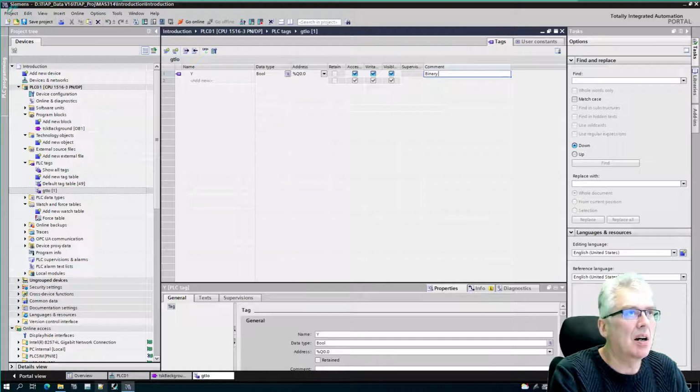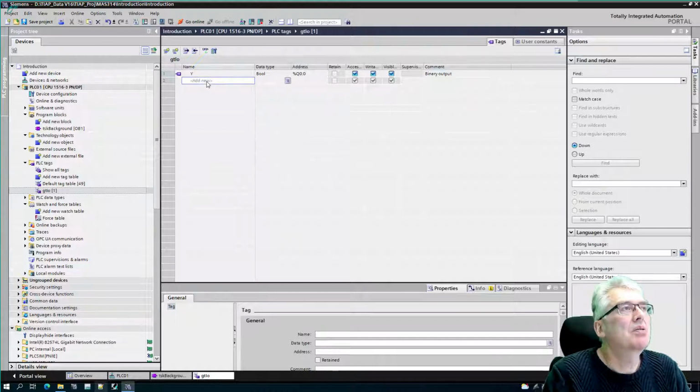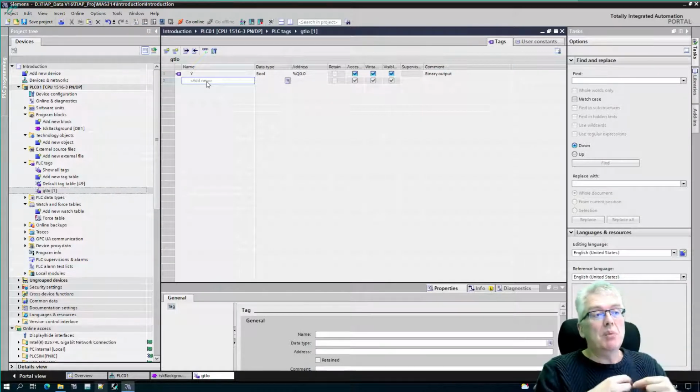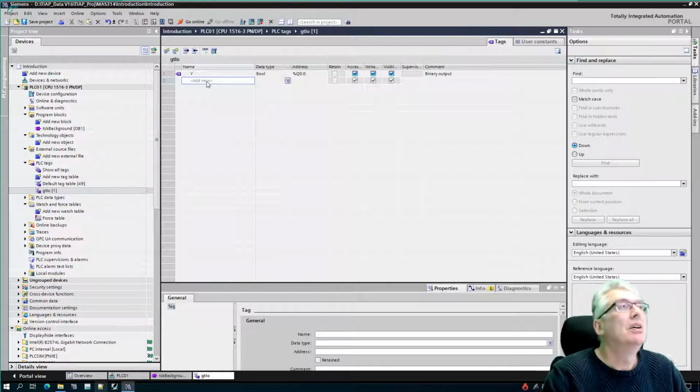Binary output. So then I want some inputs. These could be things that are put into my PLC IOs. For instance, the input could be a switch, like a light switch on off. I just call them